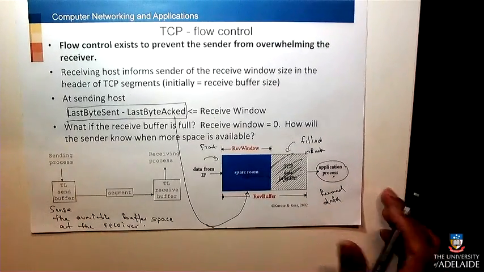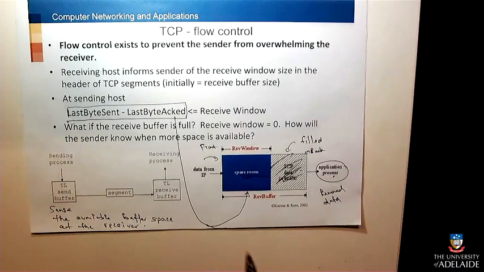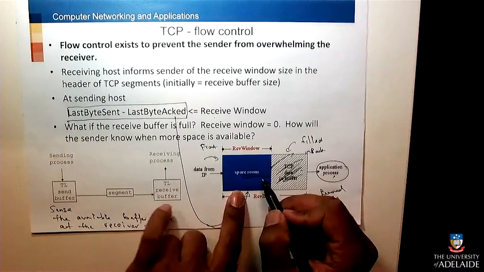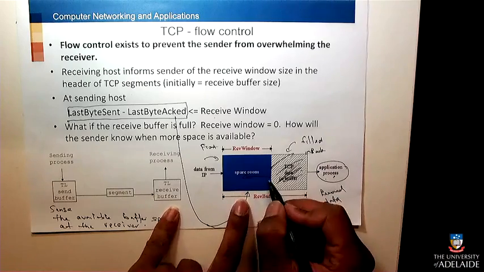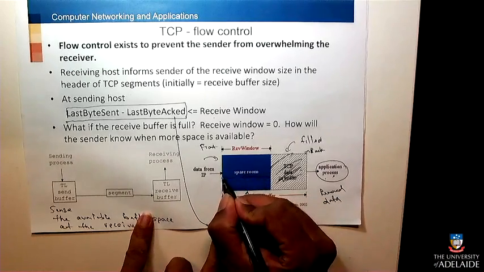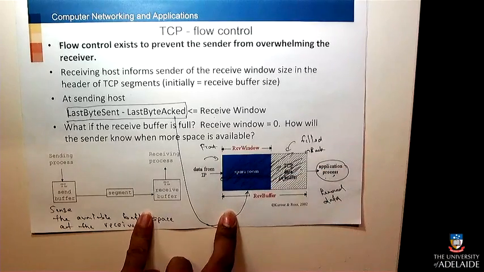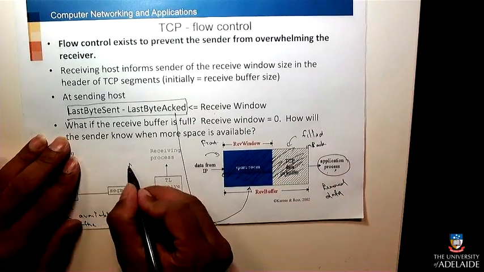So here's my question to you before we finish in 2 minutes: what if this application is so bad, died, whatever, and this thing has grown all the way up to here, and I'm completely full, so when I'm sending